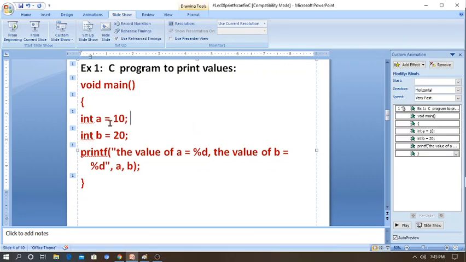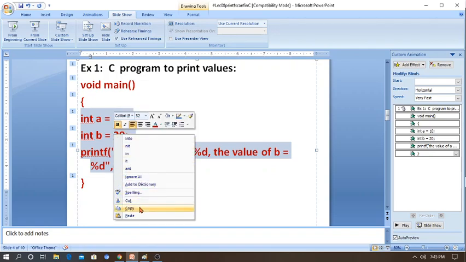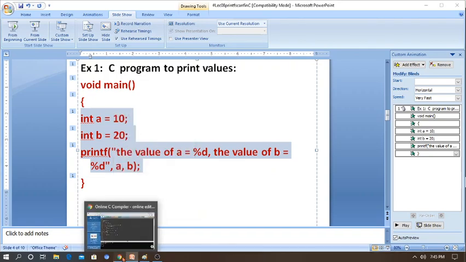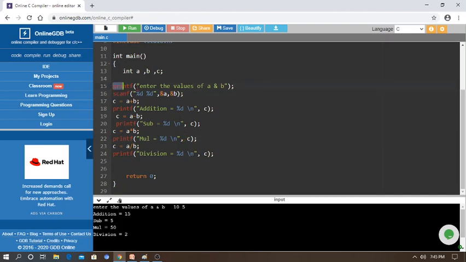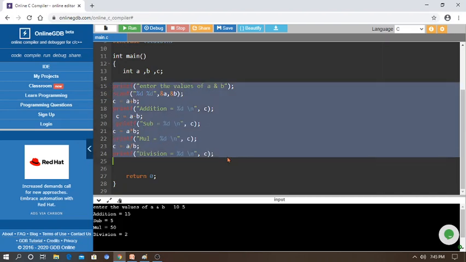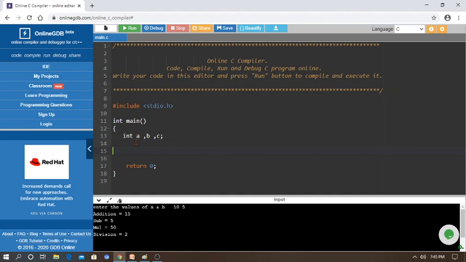Execute the program. Either you can use void main or int main. If you use int main, you have to use return 0. Now C is the mother of programming languages, so simple and easy. If you are a student of computers and engineering, you should be very strong in the fundamentals. If you are strong in the basics, then you can understand technical C and everything, and improve your coding knowledge.